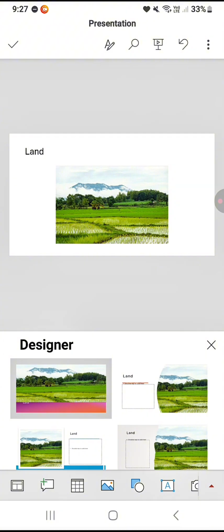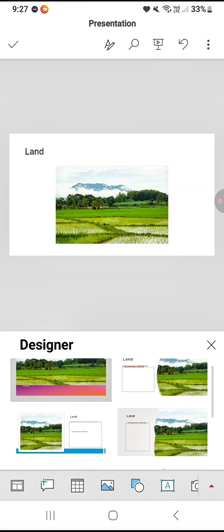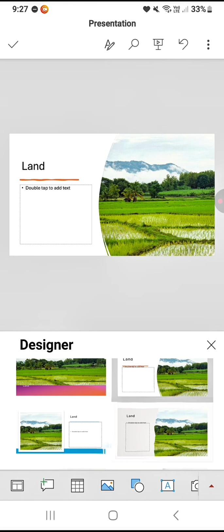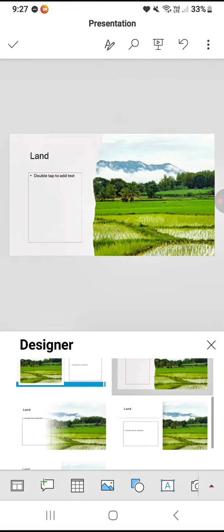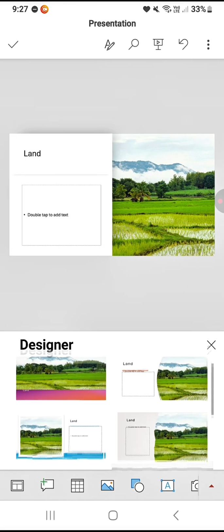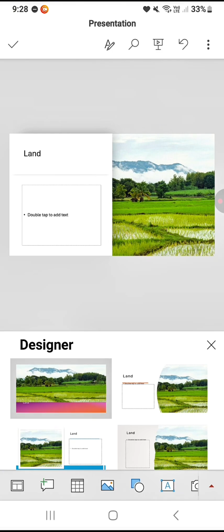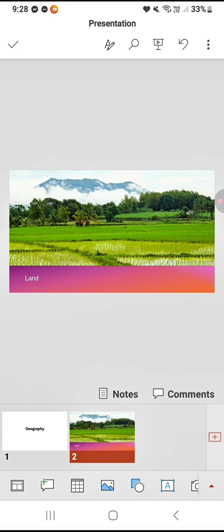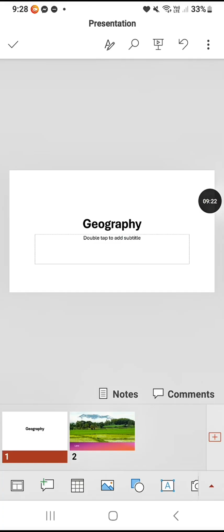We can also change the themes, layouts, and designs to improve the overall appearance of the slides and make them more attractive to the audience. In addition, PowerPoint allows us to add animations and transitions to make the presentation more engaging. Lastly, I used slideshow mode to preview the presentation and see how it will appear during an actual discussion or